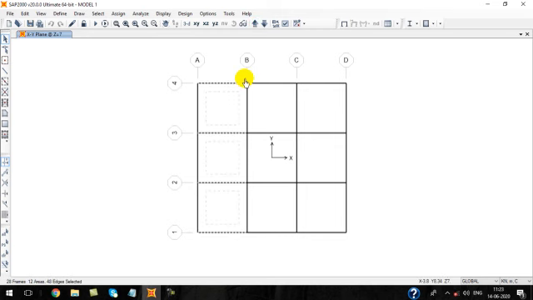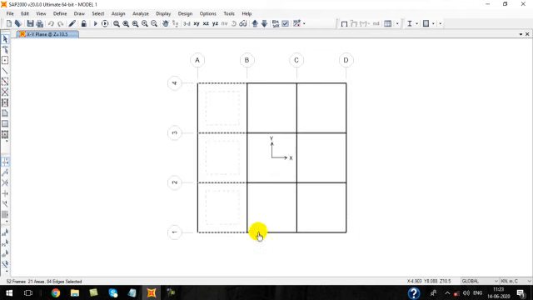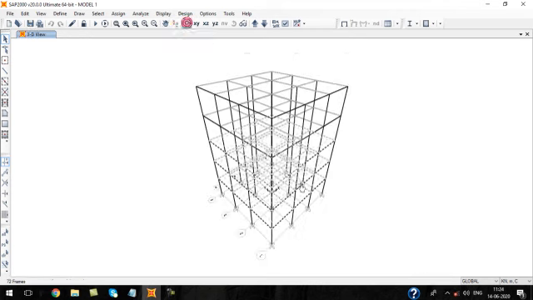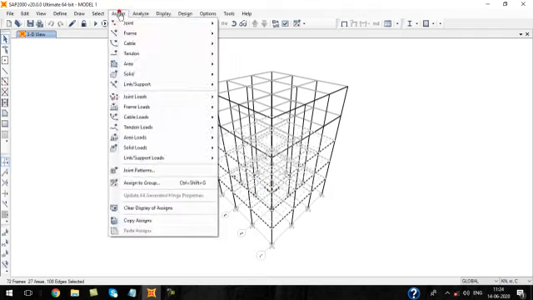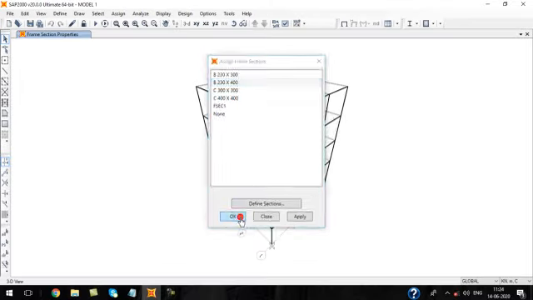So for the first 3 floors I am going to use 230 by 400, and this is at the 3rd floor. So let us check, and 3D view also. Go to assign frame section 230 by 400, click OK.